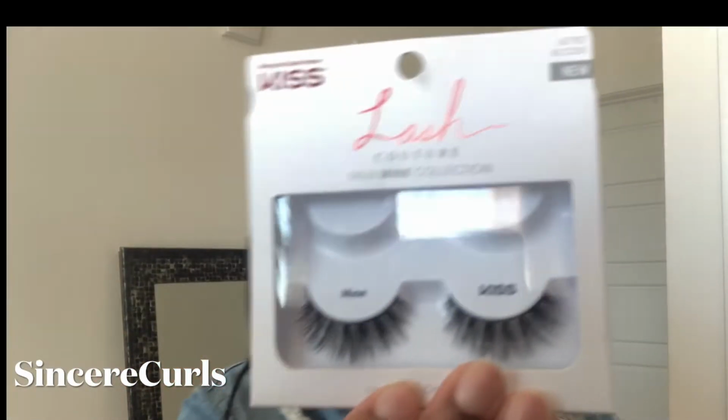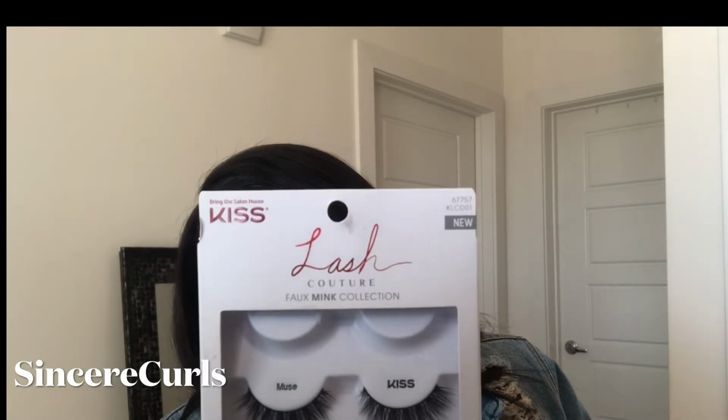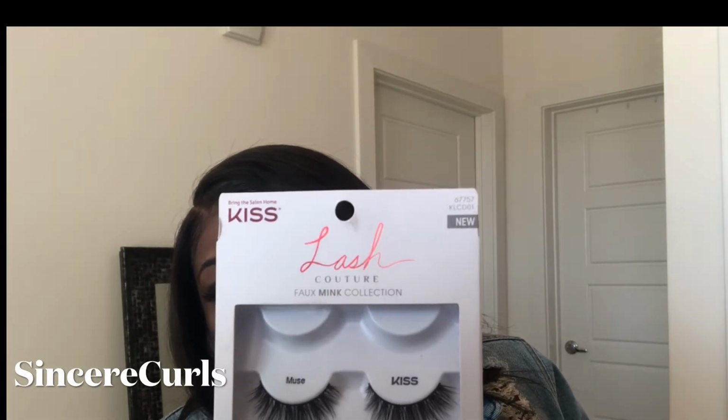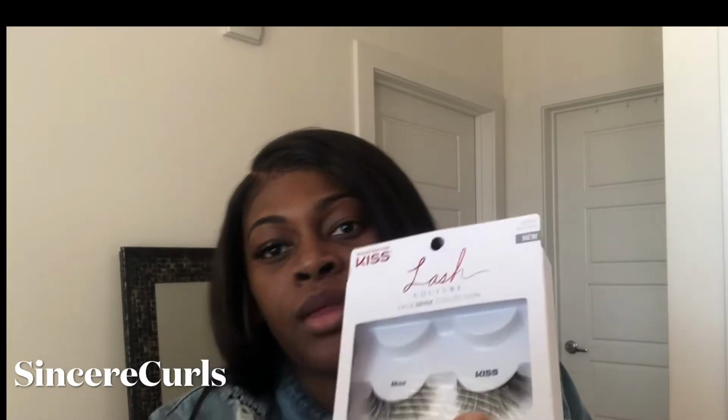These are the lashes that I will be using. I just went to the drugstore, CVS, and got some Faux Mink lashes by Kiss, and they're called Muse. They're very cute. So I already have one on. I popped one on already, and then I was like, you know what, let me go ahead and record this video,